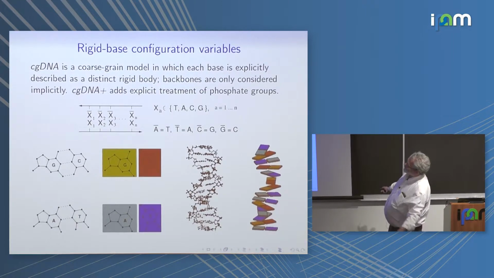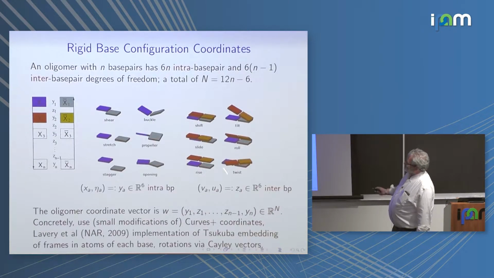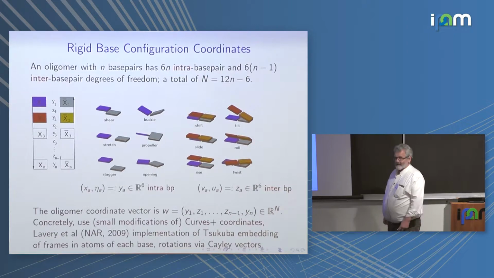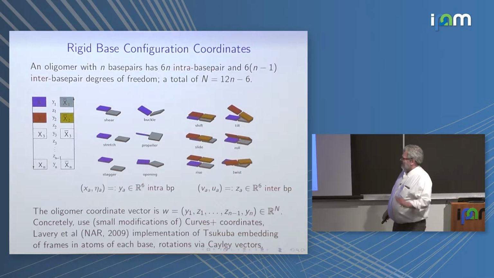Anyway, right. That's the idea. We then have these rigid bases, and there are various conventions. The 2 bases are now rigid bodies, they're Lego bricks. The degrees of freedom between rigid bodies are 6: 3 translations, 3 rotations. They have to be called those names, and the definitions are sort of the same, but not quite. These are called intra-base pair, because they're the 6 degrees of freedom between a pair of bases making a base pair. Then you end up with an average here.